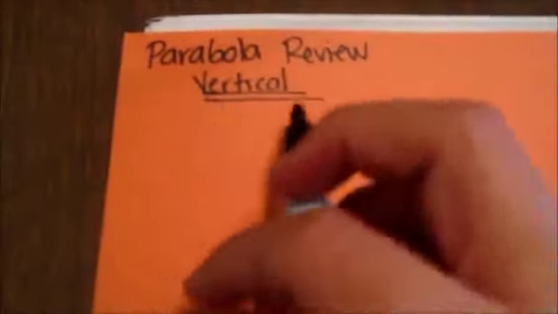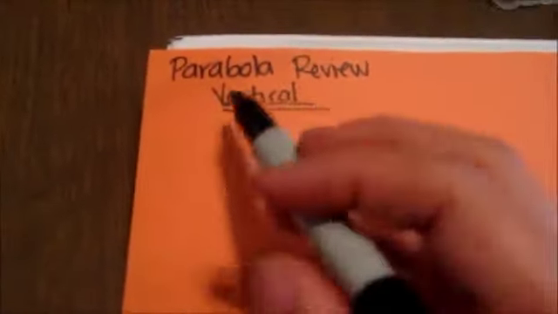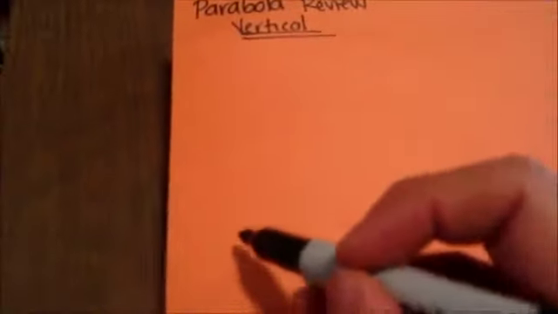Okay, let's start parabolas review. And first of all, let's identify all the elements for vertical parabolas. When you have a vertical parabola, that means that you will have a directrix